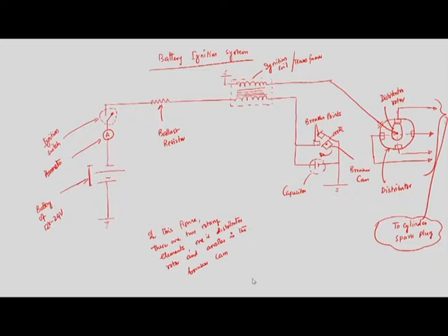As I said, we are having one battery of 12 volt to 24 volt. From that low voltage, how we can generate a high voltage of the order of 10 kilovolt through this circuit. So, now I will write the steps by virtue of which we can have the development of the higher potential. This is a schematic; we have discussed the function of each and every part of the system. We have ignition switch, resistor, ignition coil, breaker points and distributor rotor.